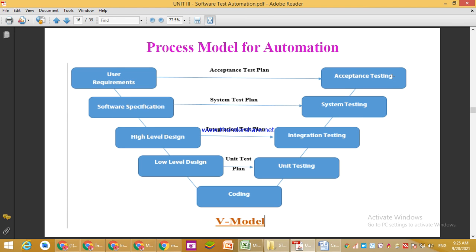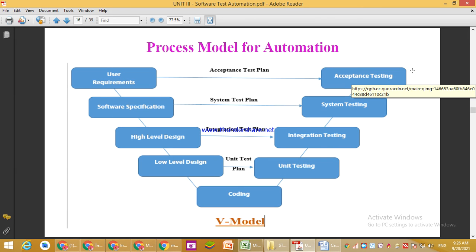As we have seen in our lecture, what to automate, when to automate, how to automate, and we have seen some examples also. If we want to deal with particular issues, which type of testing do we have to follow? It is shown with this V model. For user requirements, we use acceptance testing.